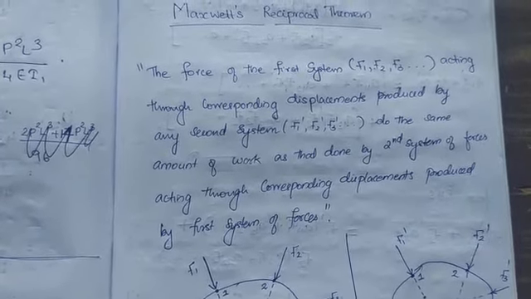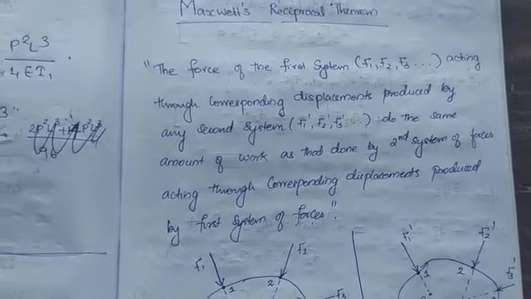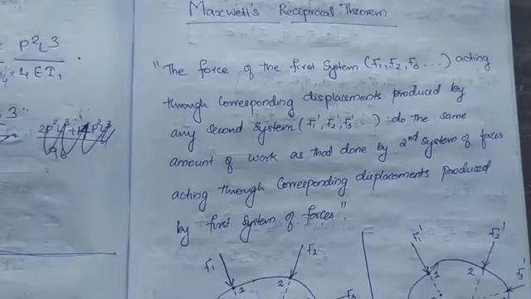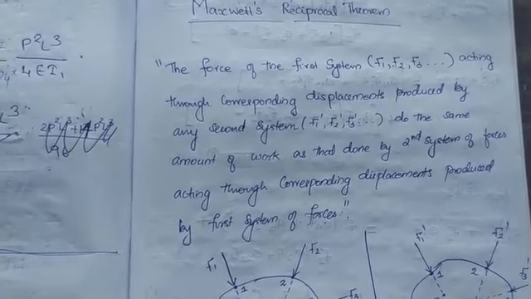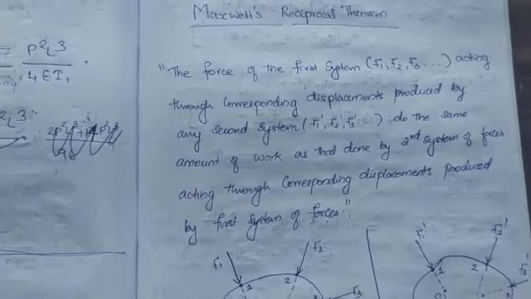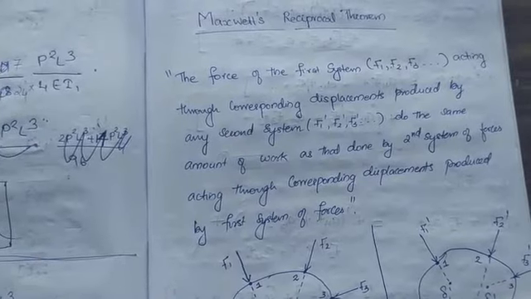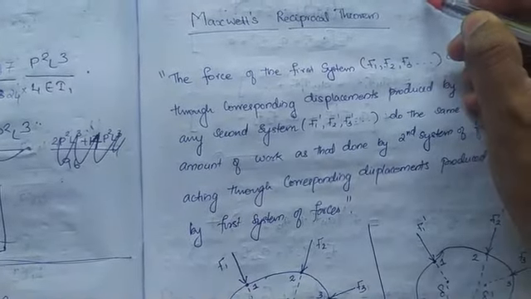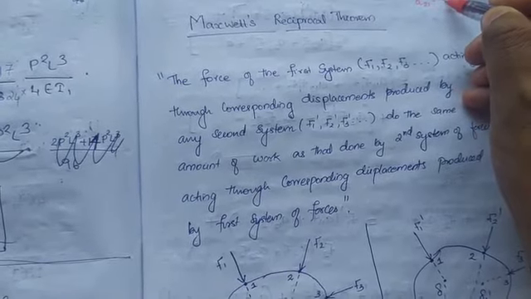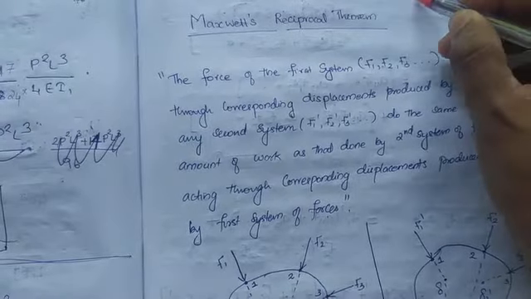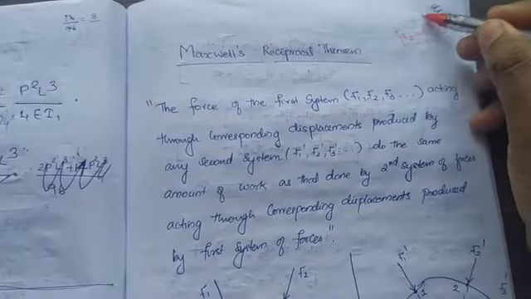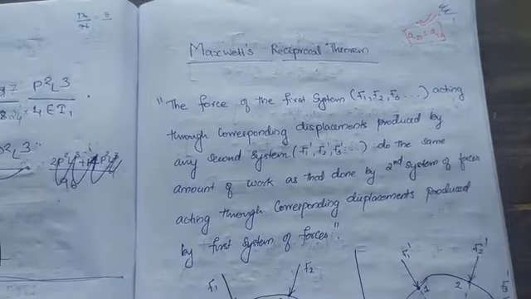So good morning students. In the last lecture we were dealing with the problems on Castigliano's theorem. Now we will continue our lectures and move to a new topic, called Maxwell's reciprocal theorem. We have already studied the reciprocal theorem, which states that the influence coefficient Aij equals Aji. This is a little deviated from that topic, but the same concepts will be applied here.